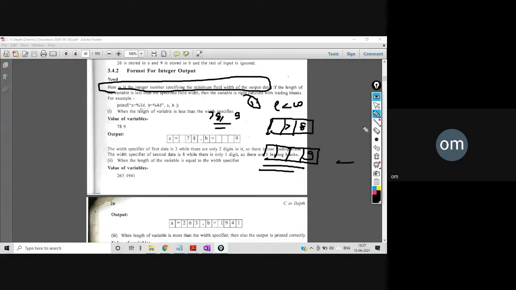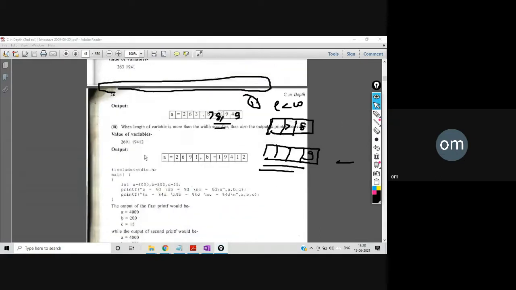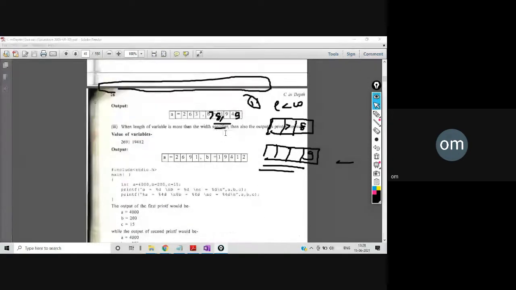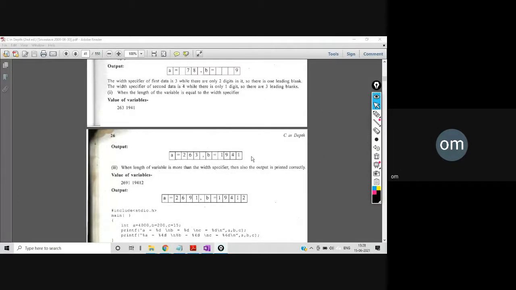The next case is when we have length and W equal. Then there will not be any blank spaces. Okay, it will be printed as it is, right? For example, here we are having 263 and 1941. For A we are having three spaces only, for B we are having four spaces only.